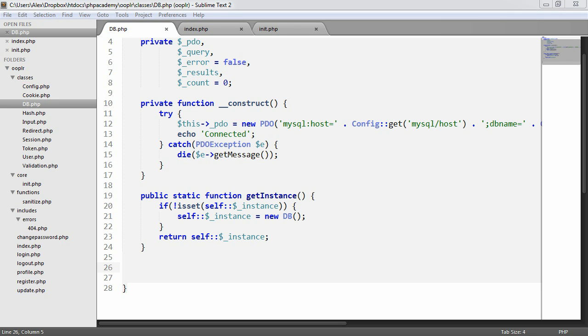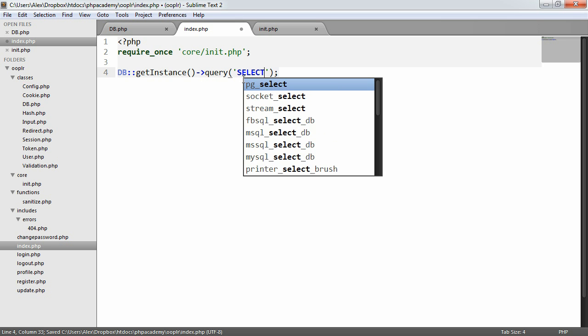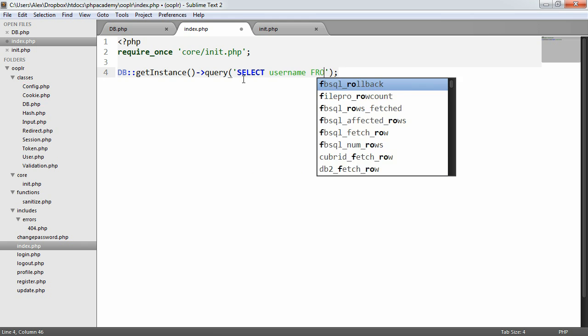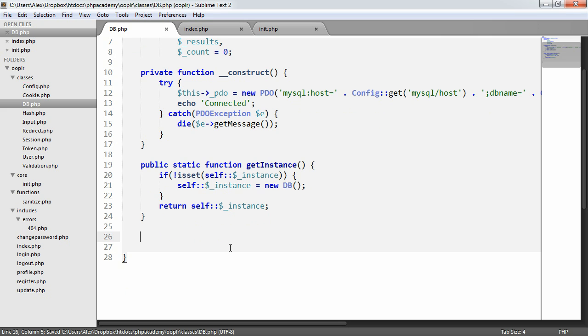Now that we've built our singleton database class, we're going to move on to being able to query and fetch results. Now we know that we've established a connection, we can go ahead and create a generic query method. Basically, this is going to allow us to query publicly. So from our index.php, we could do something like query and then enter a query in here, say select username